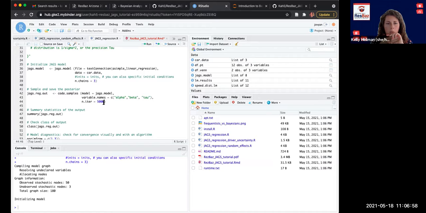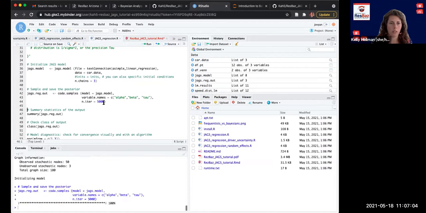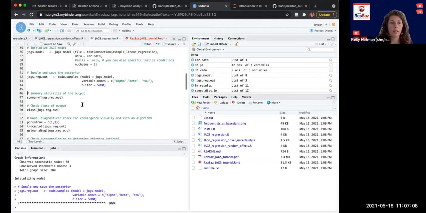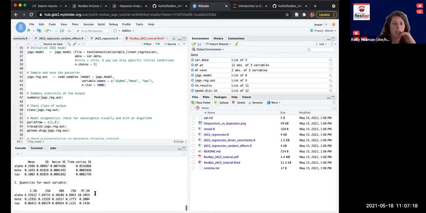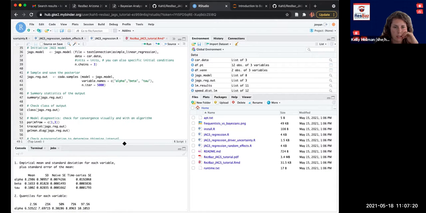In a normal modeling approach, you would probably do more, but let's take a look at what the first 5,000 look like. And that ran really fast. And some more complex models might run a lot slower. Let's get a summary of it. So this summary is,